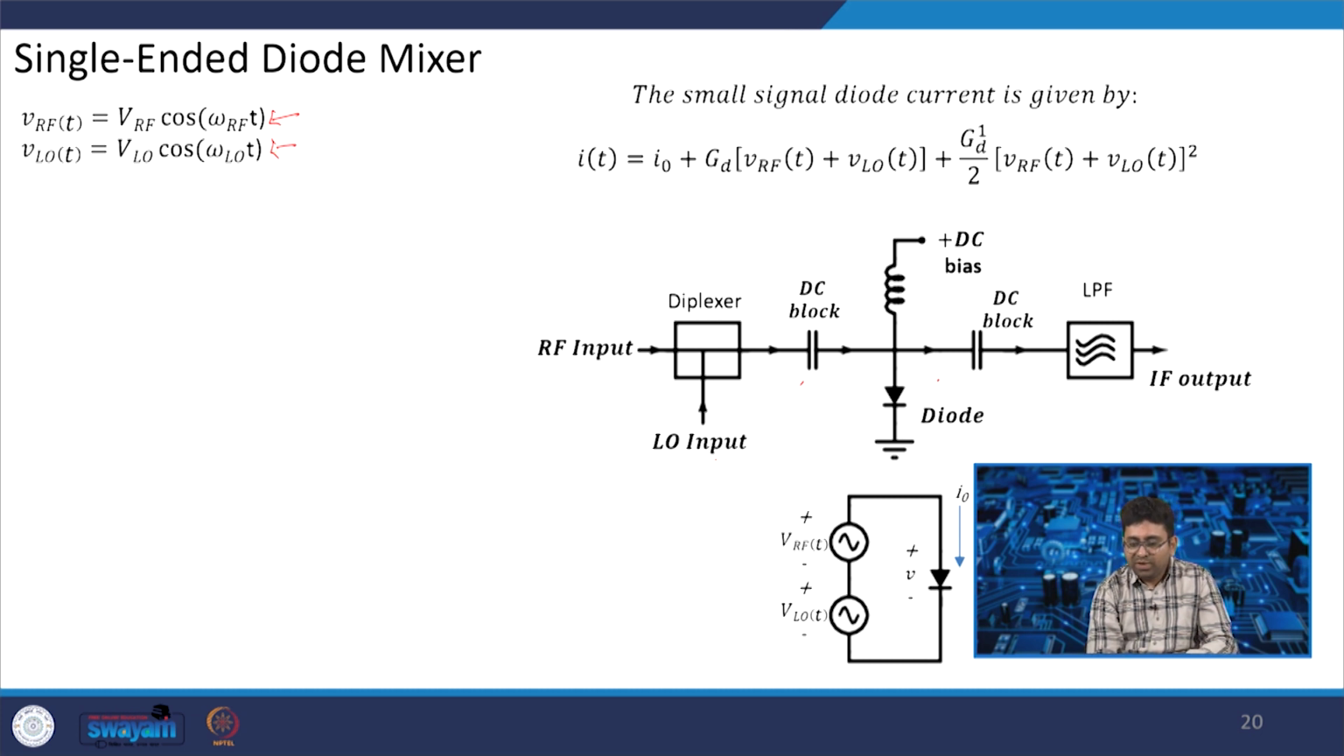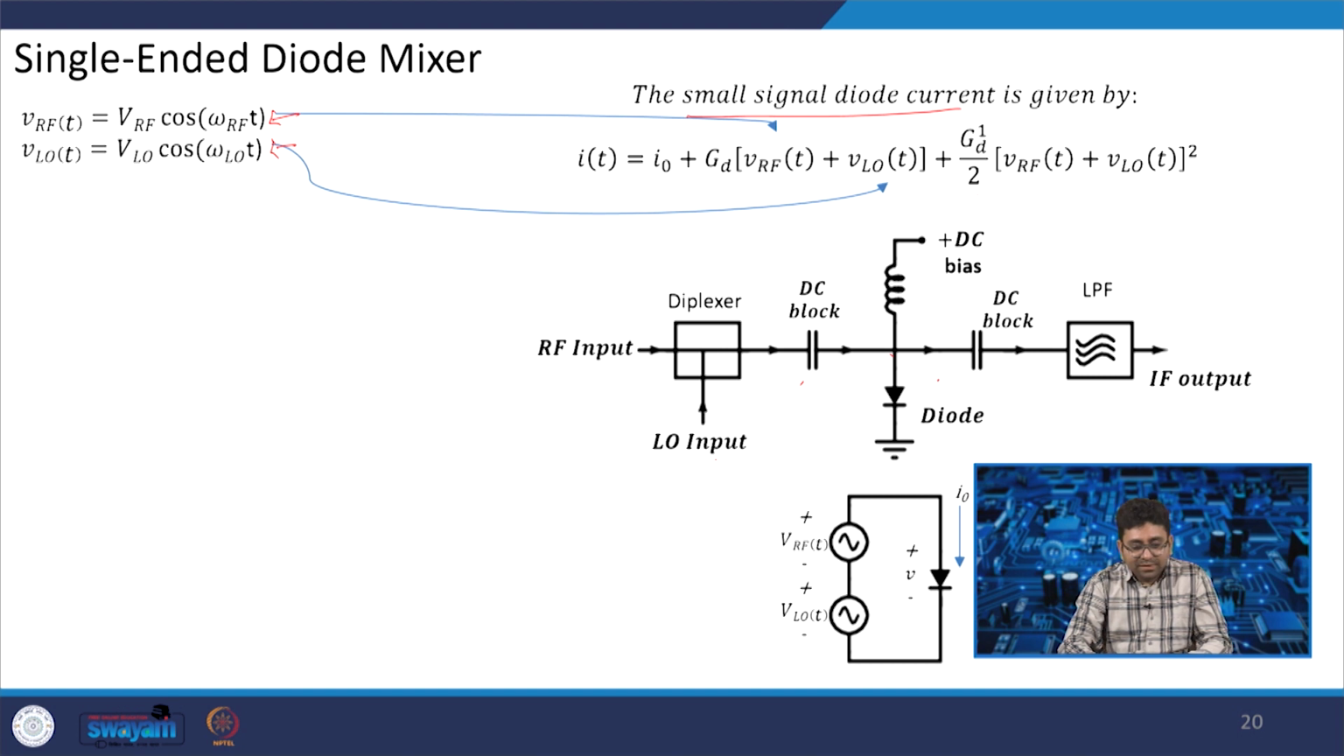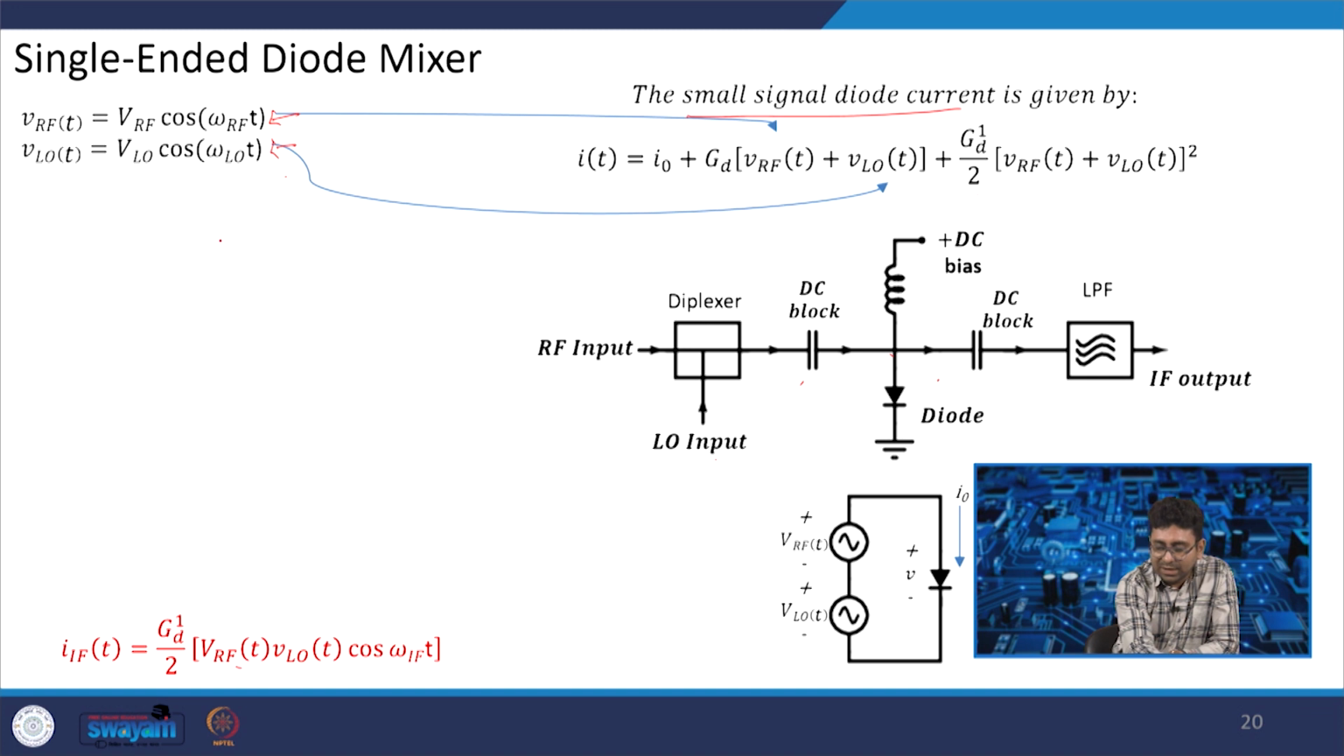Now, we need to bias the diode, and then if we consider the small signal diode current, it is given by I naught plus G_D (v_RF plus v_LO) plus G_D dash by 2 (v_RF(t) plus v_LO(t)) squared. If we add the RF and LO signals, we get an IF current, which is a combination of v_RF(t) and v_LO(t). So, if we consider the square,